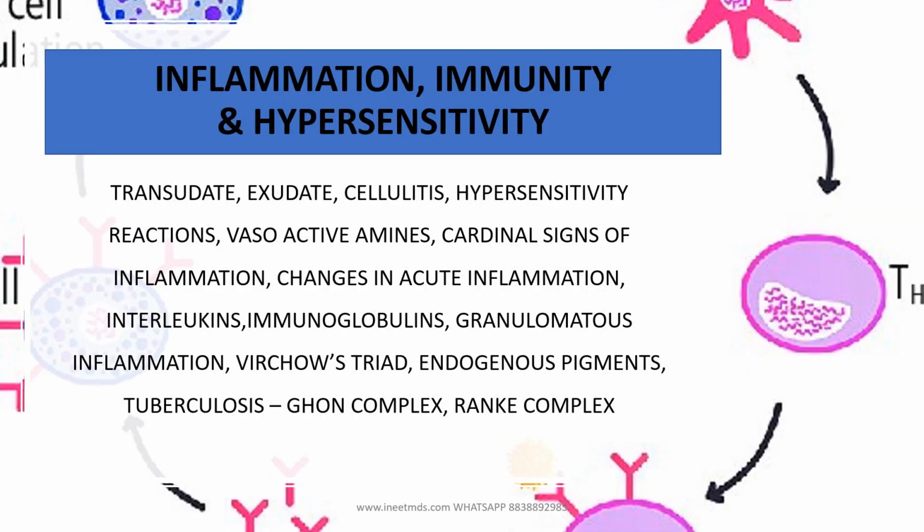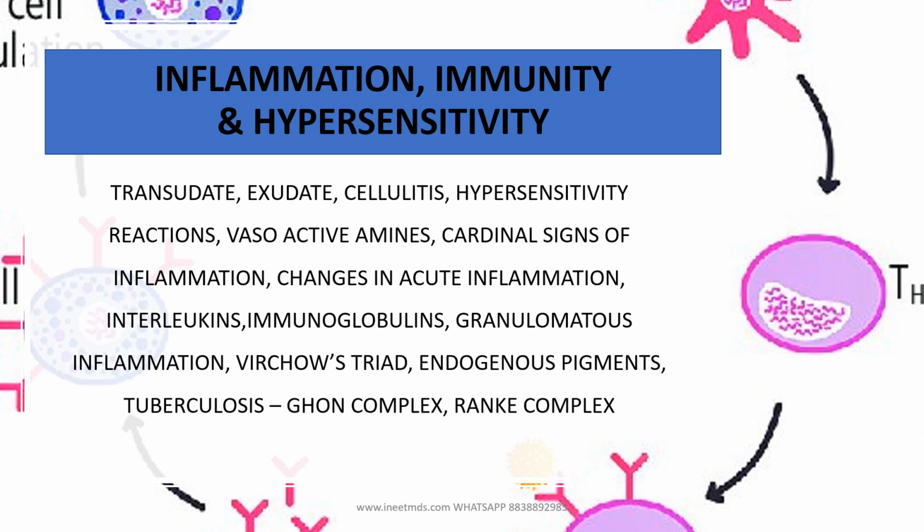So first off, inflammation, immunity and hypersensitivity. Under that you should go through what is a transudate, exudate, the difference between them, what is a cellulitis, and what are the hypersensitivity reactions and how do they present, what are vasoactive amines, the cardinal signs of inflammation,